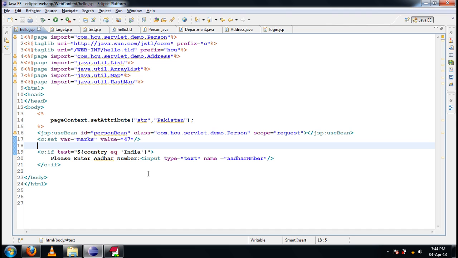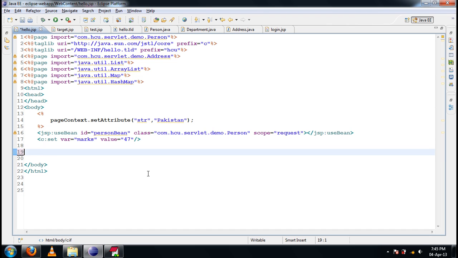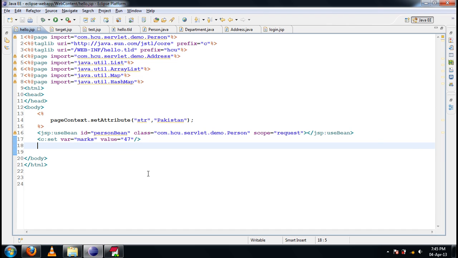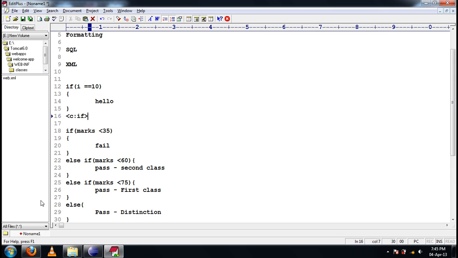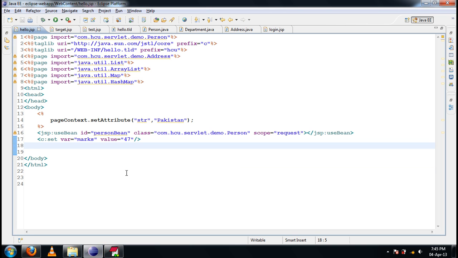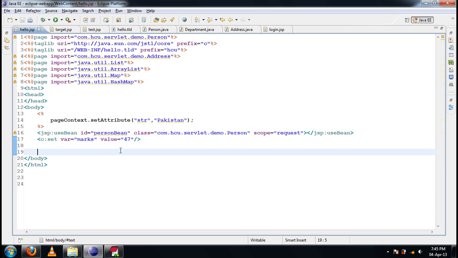Okay, so now let me give the marks value as 47. Now let me check this condition. Let me implement the same condition on the JSP page. If marks is less than 35, else if marks is less than 60, else if marks is less than 75, else. If you want to achieve this if-else condition on a JSP page using JSTL, we should have a series